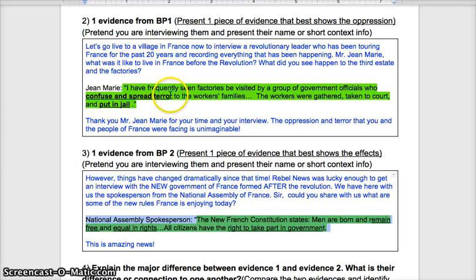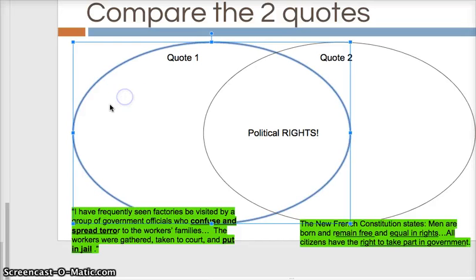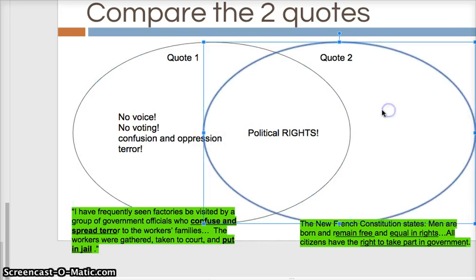So let's look at the first quote. Here we see how the government gave people no freedom and they confused them and put them in jail. And the second quote, we see that the government gave them the right to actually participate in the government. So here they have no voice, here they have a voice. If I were to compare them, that's what I would do. Here I would say no political voice, no voting, confusion and oppression, terror. And in the second quote, which is after the revolution, what's happening is that people get